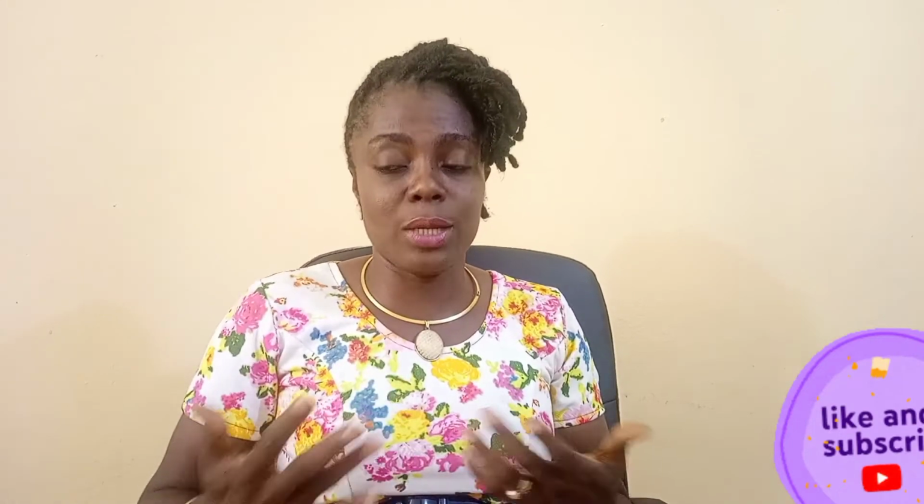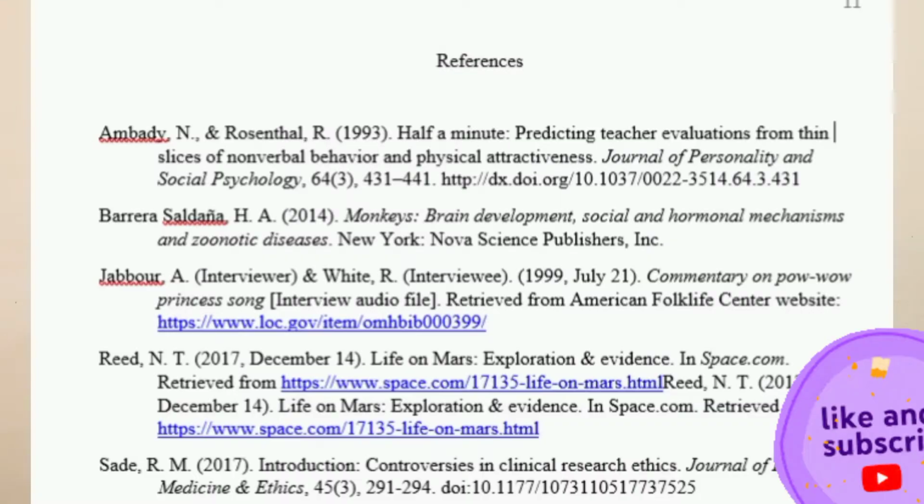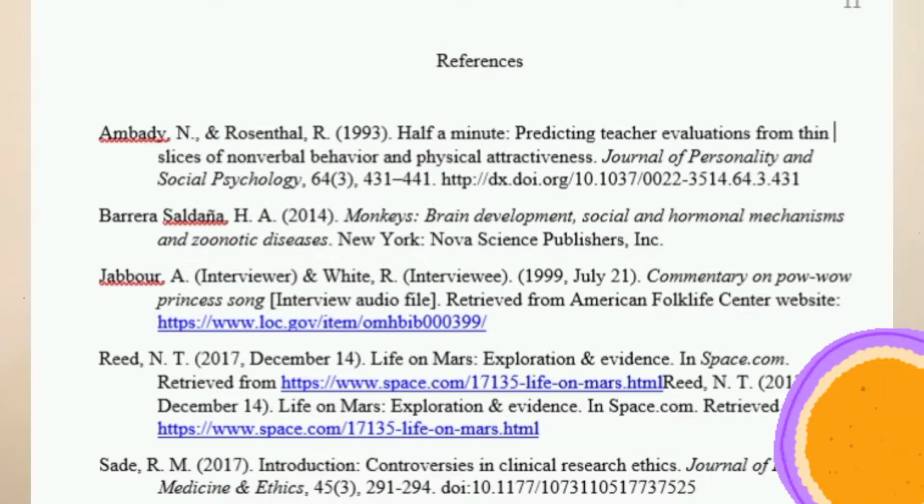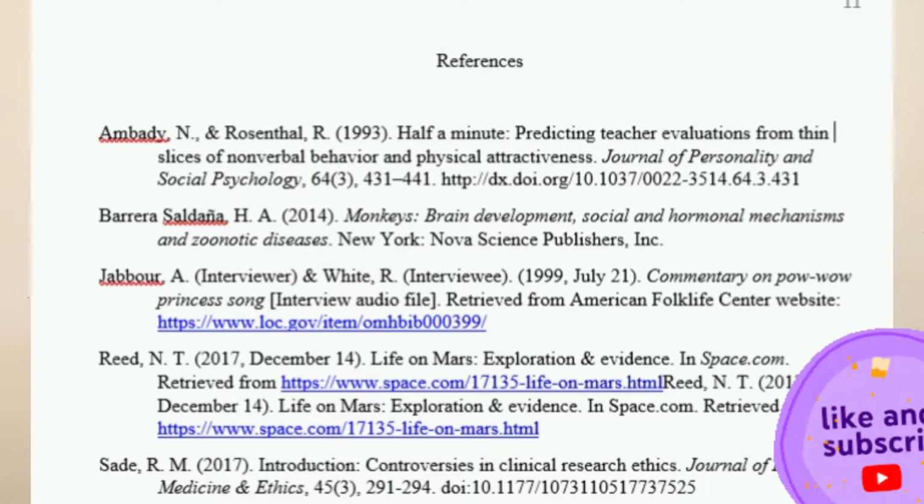Now I'm going to tell you some referencing styles. There are a lot of referencing styles. Depending on the one that your institution is using, you're going to use that one. So we have the APA, the American Psychological Association. They are the ones that have the APA style. In APA style, the surname comes first. After the surname, you have the initials, the year of publication, the title of the paper, the name of the journal, and then the volume or bulletin number and stuff like that. You're also going to give the pages where the work was obtained from.